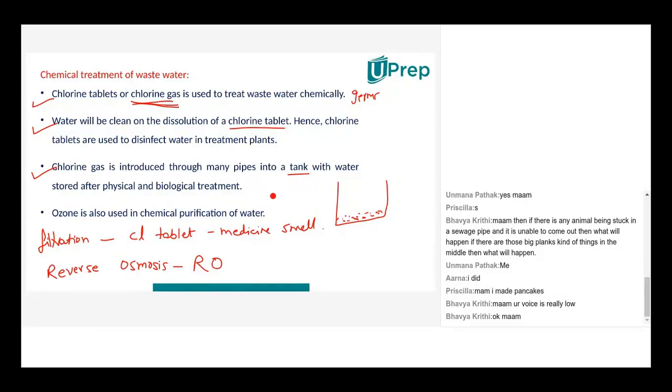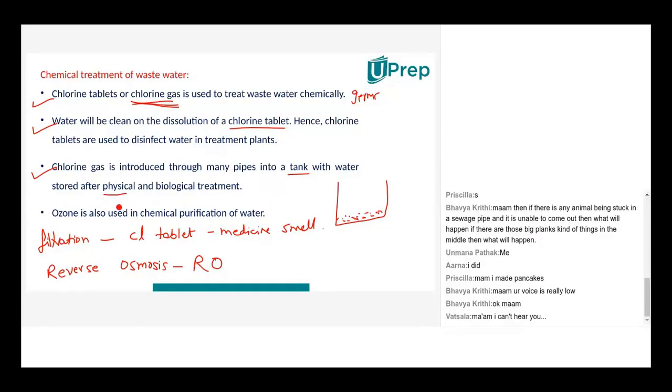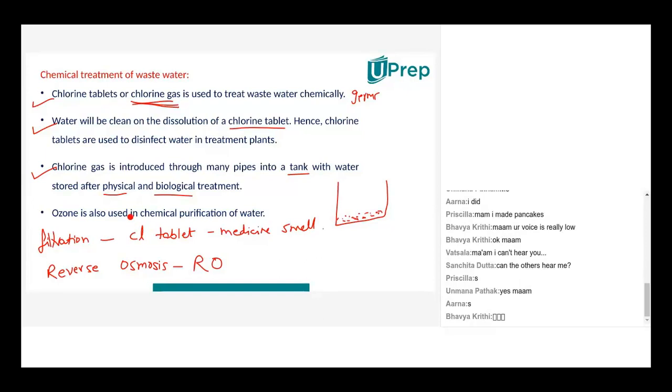So after the physical, all the bar and the skimming and all the clarifier, if you tell me which was the biological thing that we did in the entire process? Addition of bacteria, ma'am. Yes, addition of bacteria was a biological process. Chemical process is addition of chlorine, either gas or tablet. And the physical process was the bar chamber, right? The grit chamber, the clarifier, the skimmer, they were all physical processes, right?